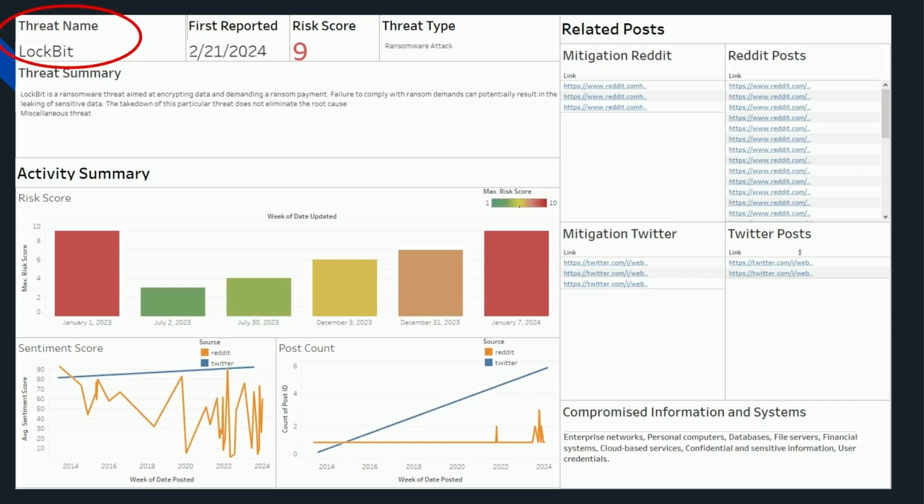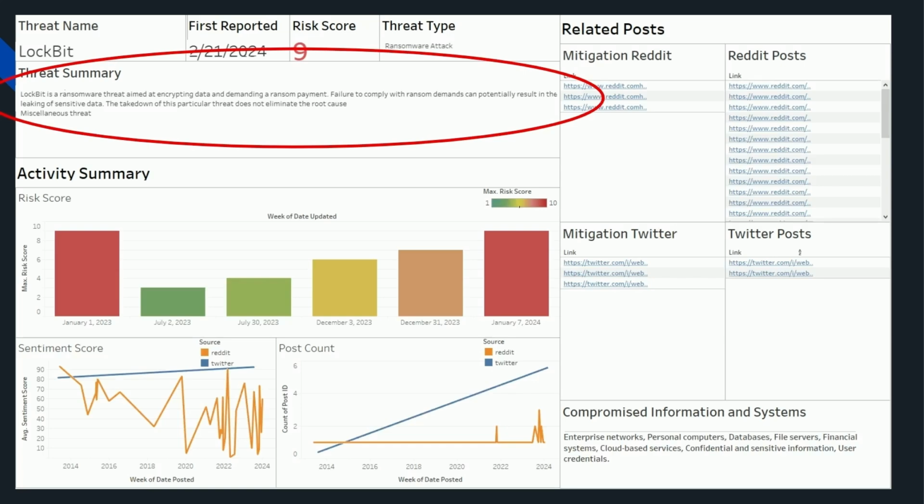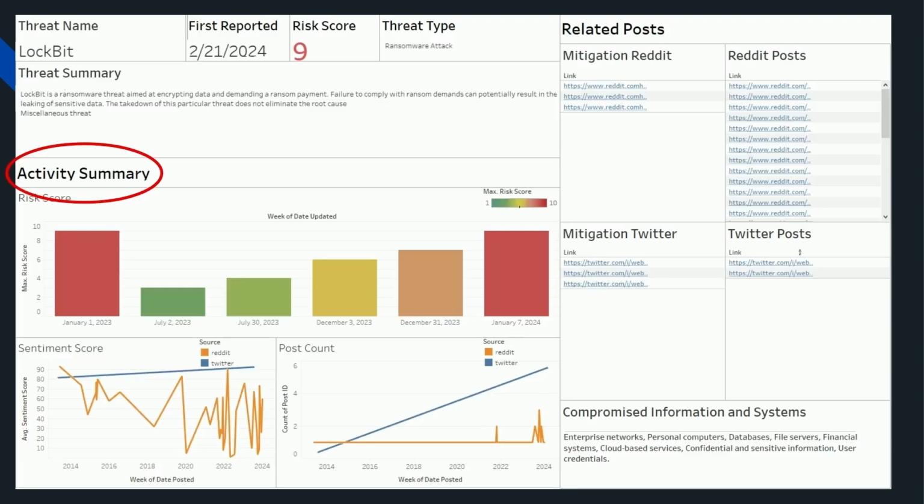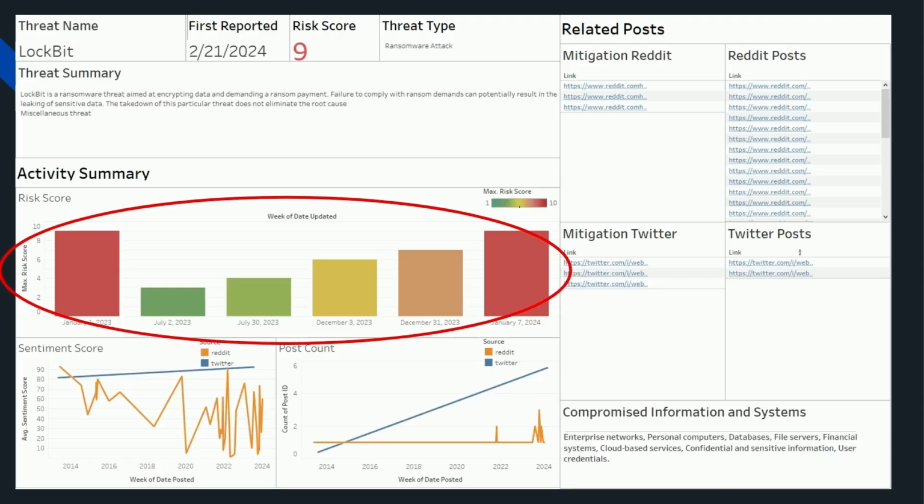On this page, you can see the threat name, the date that threat was first reported, the current risk score, the threat type, a summary that gives a detailed explanation of that threat, an activity summary that provides users with detailed visuals, a visual that shows past risk scores, with red being high risk scores and green being low risk scores,